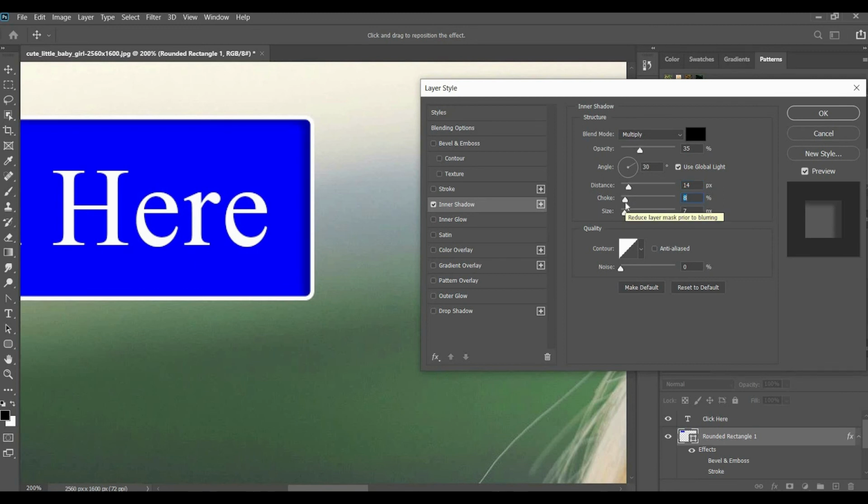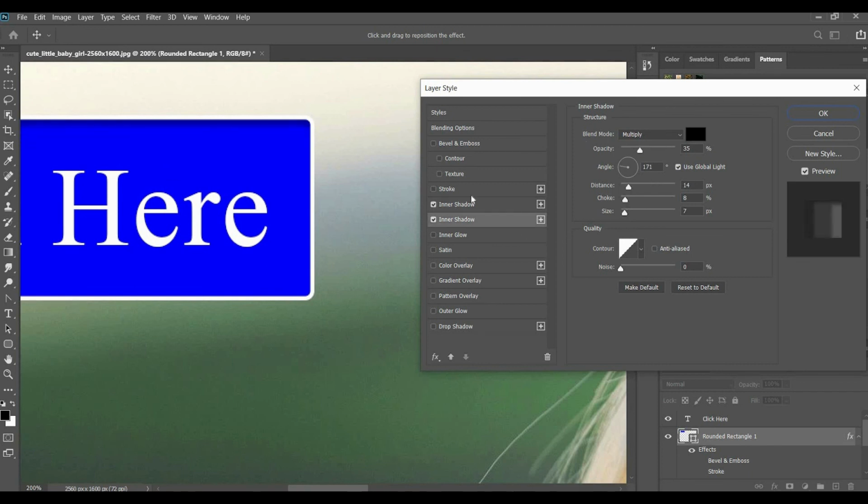Choke is the weight of the shadow. Okay, so here you can add two types of shadow. So here you can give shadow for this side, and also you can give an option for the next side also.